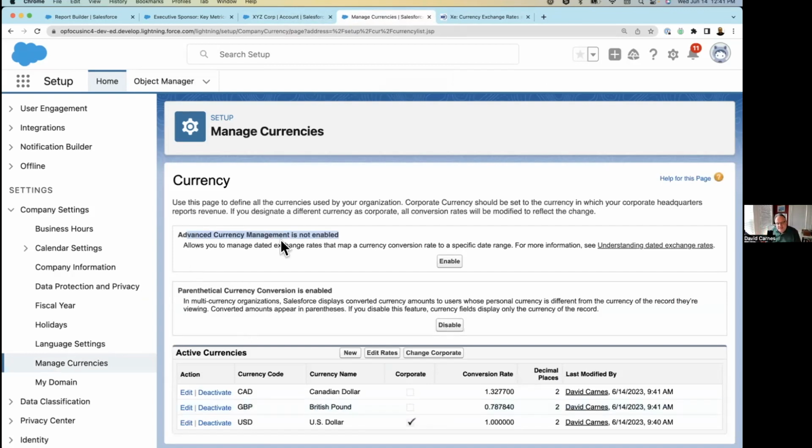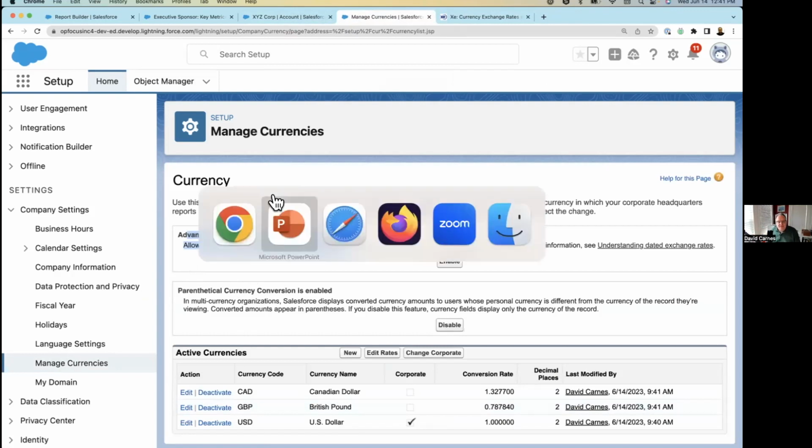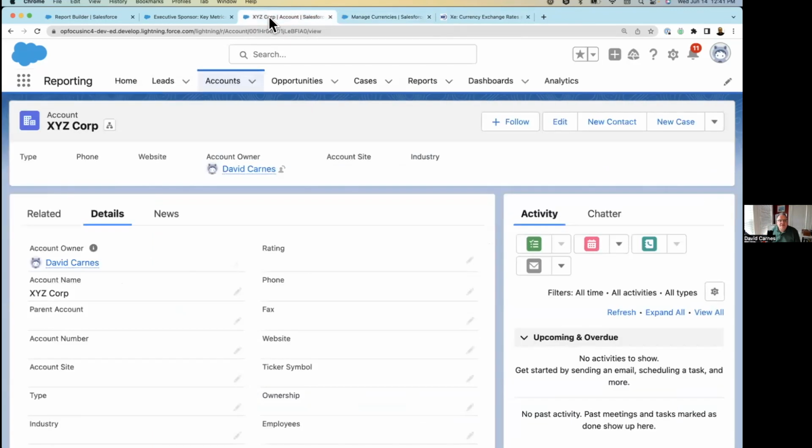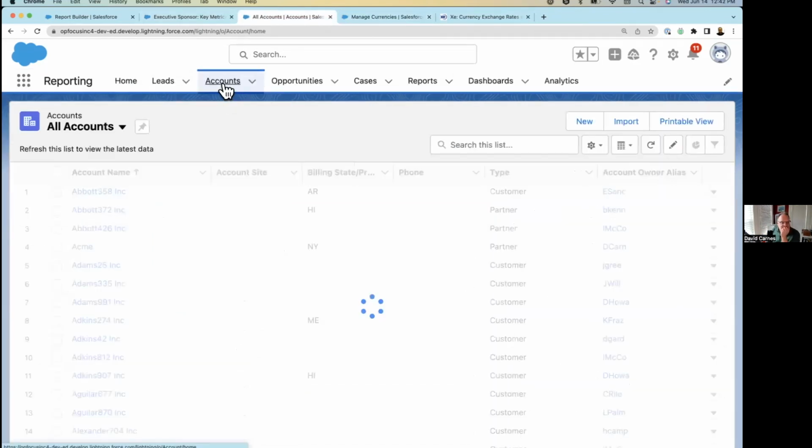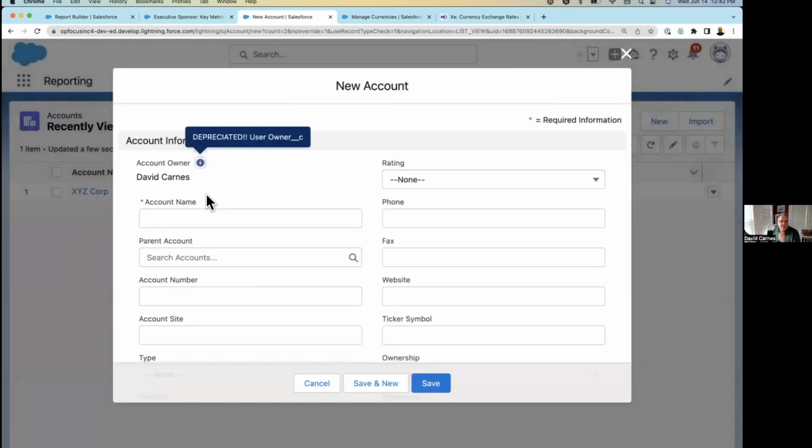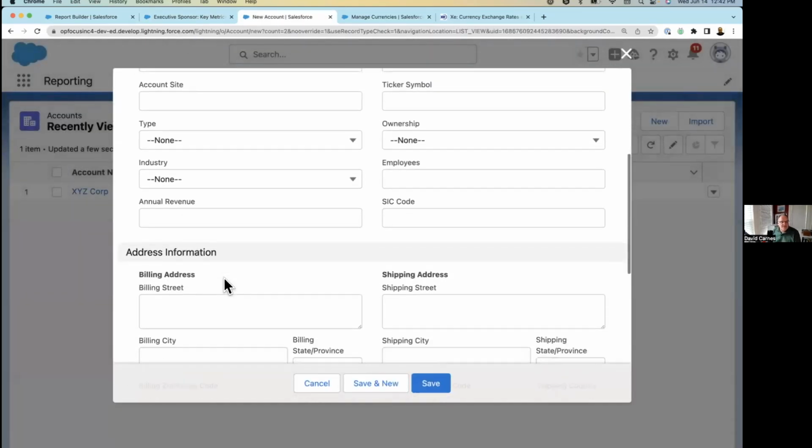There is this advanced currency management. I'll talk about it in just a minute. But we can actually just go use this now in this org. So if I come back up here and go to create a new account, when I go to create the new account,